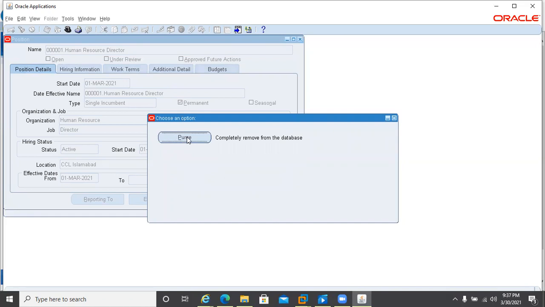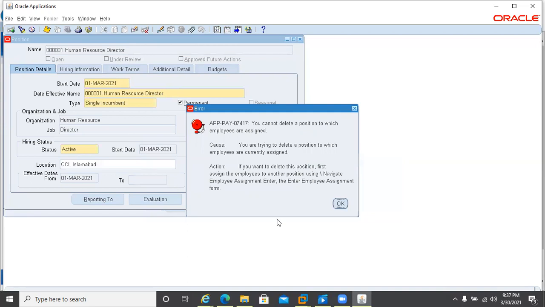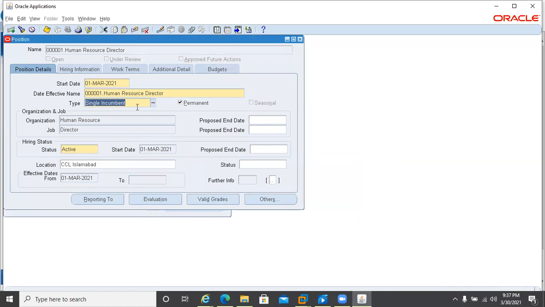Here it is still asking for purge. I will also explain what the purge option is. Purge is the option where, when you click on purge, the record is going to be deleted from the table as well. The purge is a very complicated command, so you have to be very careful when this purge button comes in front of you.